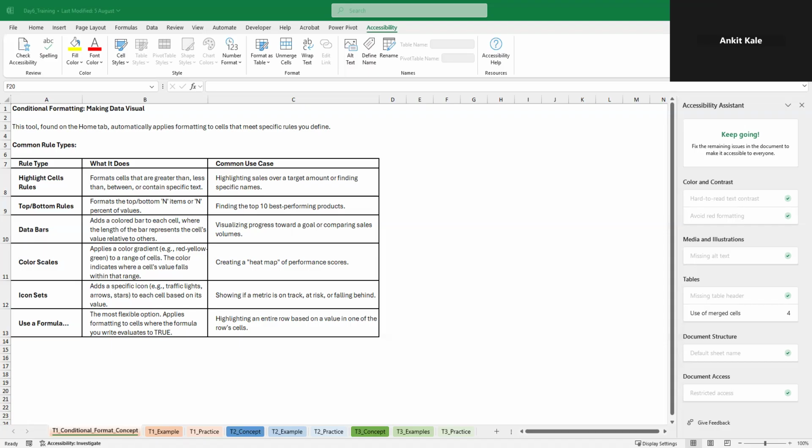And it draws the user's eye to what matters the most. This is something that we'll see in conditional formatting. That is the first topic. Then we'll learn